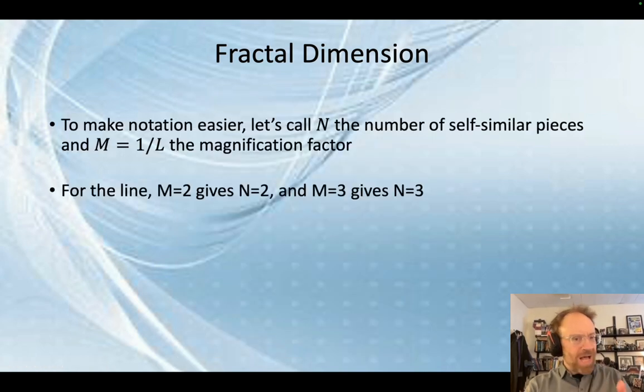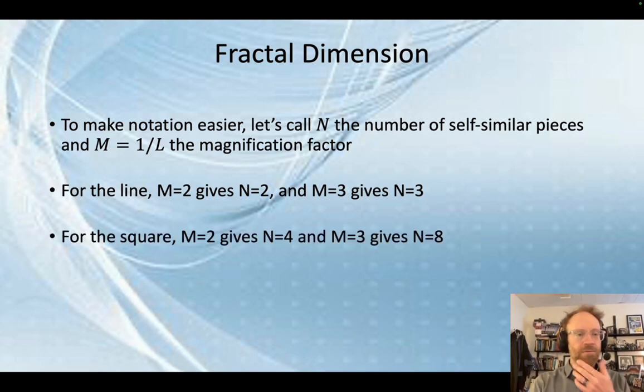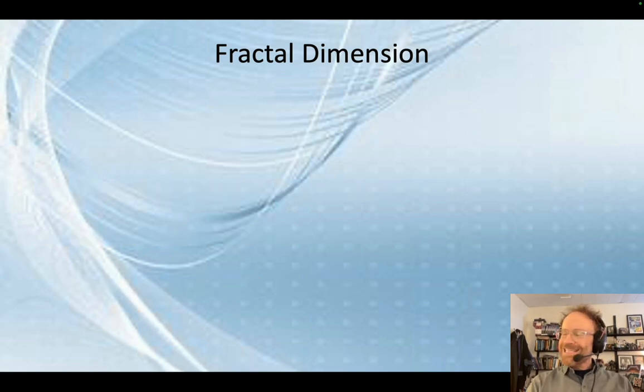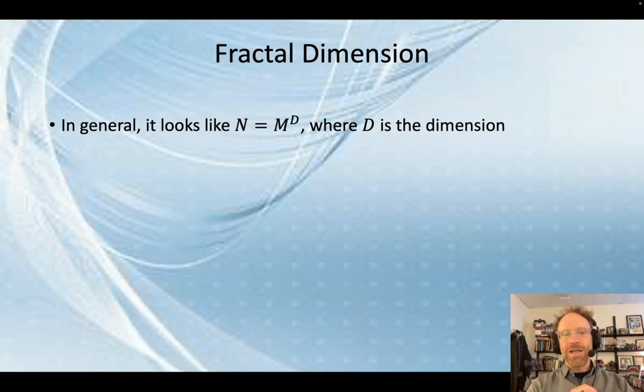Okay, so for the line, m equals 2 gave n equals 2, and m equals 3 gave n equals 3. For the square, 2 gave 4, and 3 gave 9. For the cube, 2 gave 8, and 3 gave 27. I don't know if you see the pattern yet. Well, in general, it looks like n, the number of pieces, equals m raised to the d, where d is